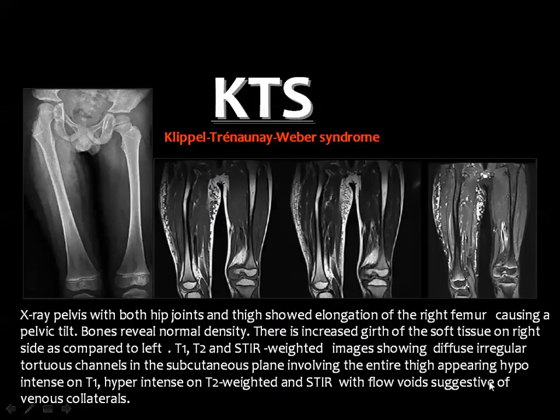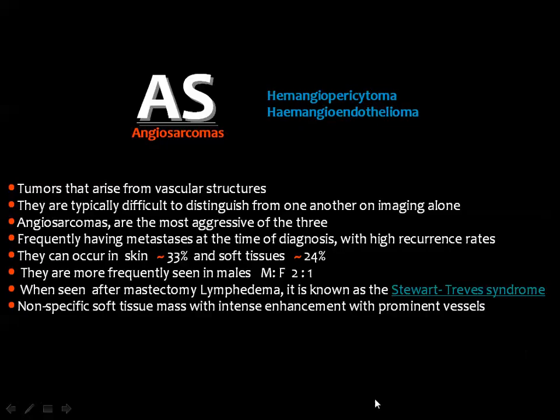If you have imaging, you may see hypertrophy of the bone leading to pelvic deformity, like you can see here, and subcutaneous and intermuscular vascular abnormalities, as you can see in this MRI. Then the malignant component of these vascular lesions is the angiosarcoma, and sometimes was known as hemangiopericytoma, but I have